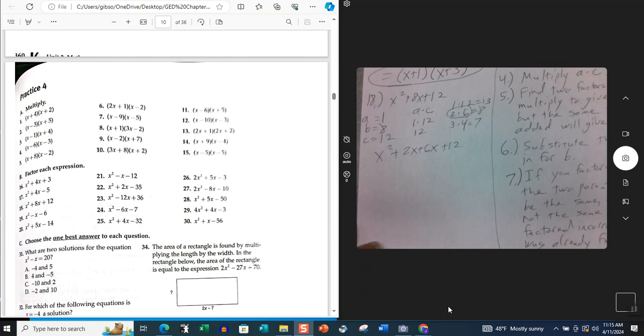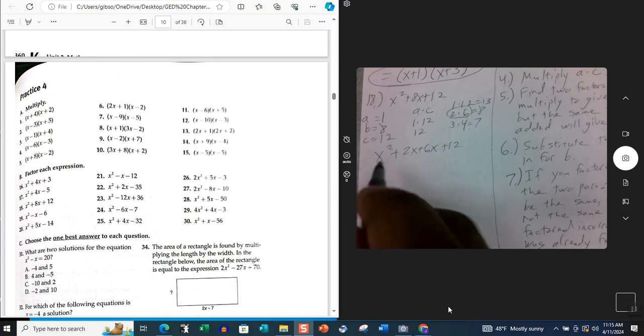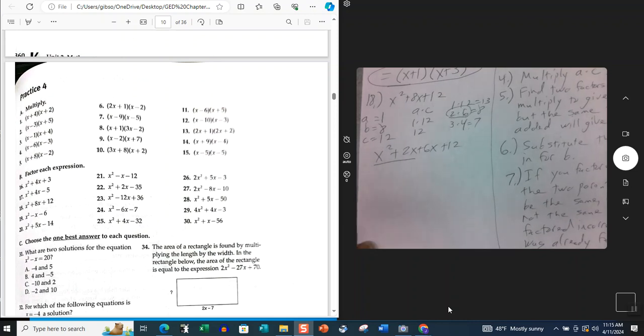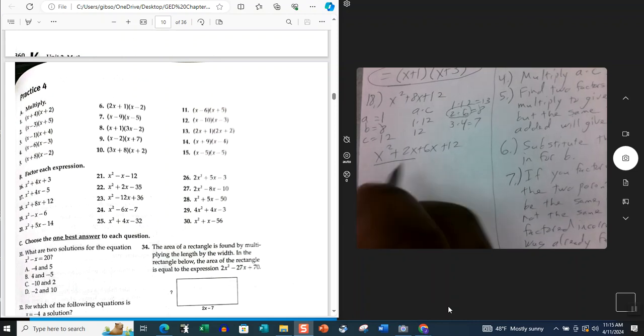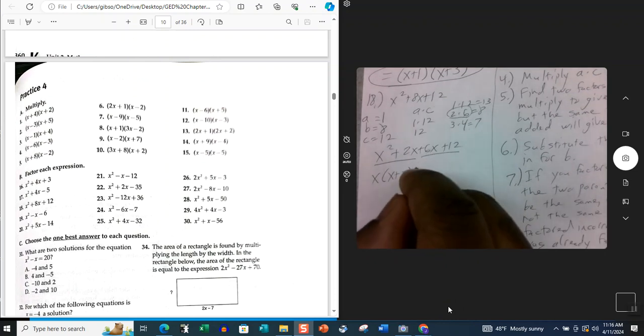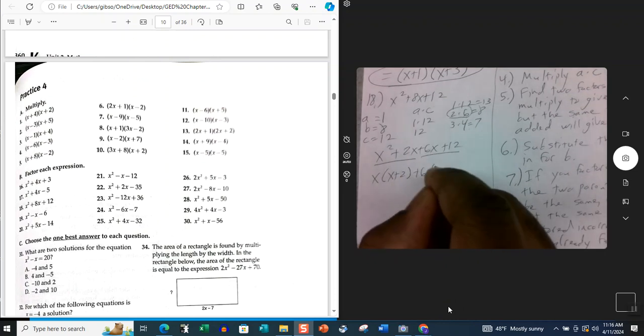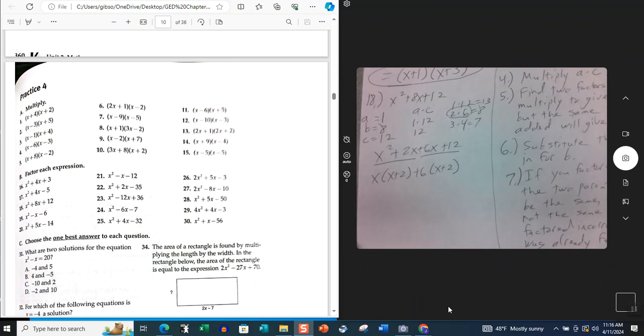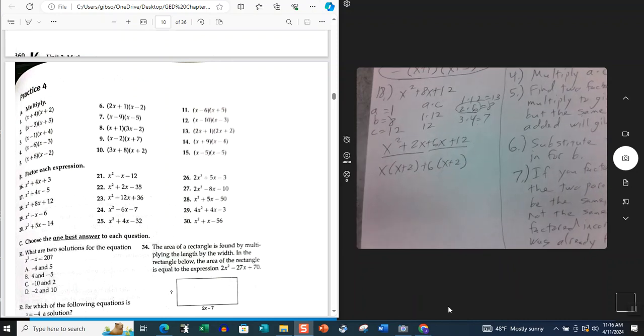So the next thing we would do, we would group the first two values, and we can factor out an x, and we'll be left with x plus 2. We'll group the second two values, which we can factor out a 6, and that will leave us x plus 2. Now, what I notice here,